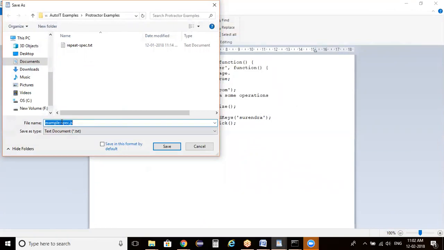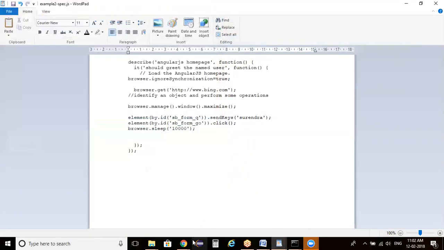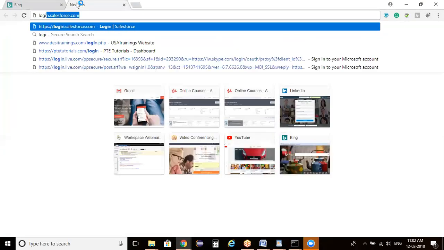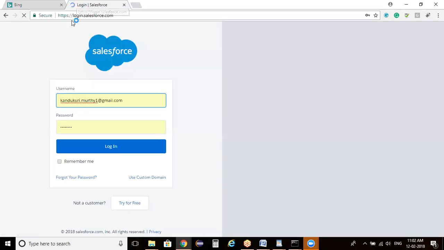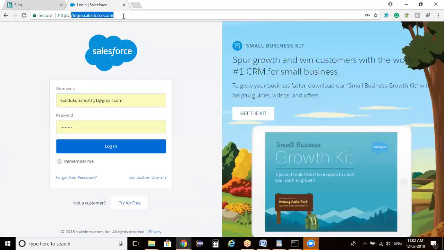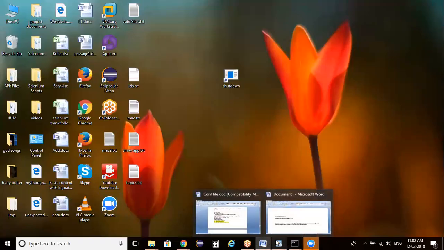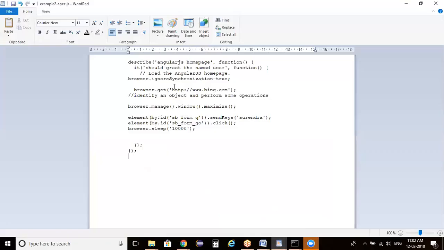So here example2-spec.js. I converted this whole script into example2-spec. Here I would like to navigate to Salesforce application. So here is what my application URL is, login.salesforce.com. Okay, so let me switch back to my old document here. Rather than passing this URL, I'm changing my URL to, okay, let me change my URL to